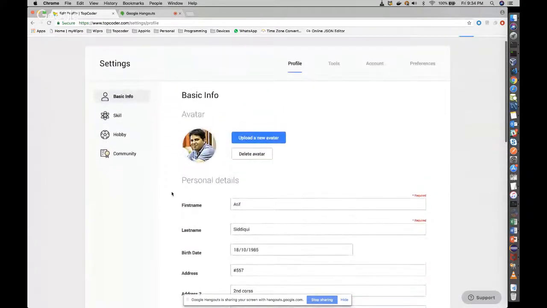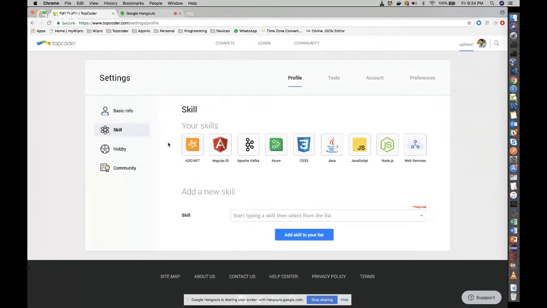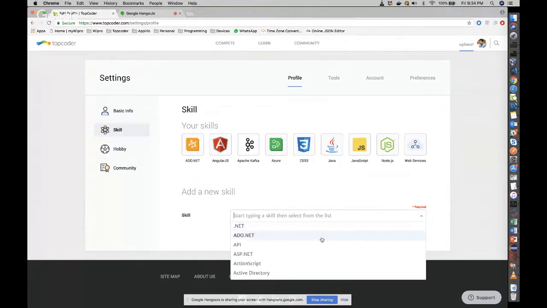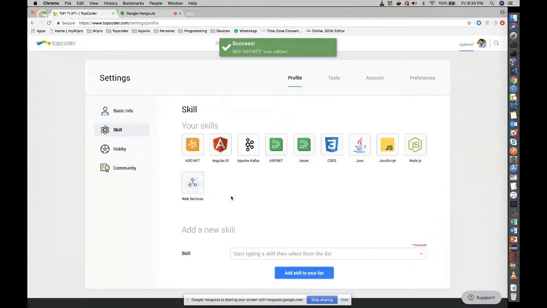So when we come to the features that we've added, earlier skills used to come in the same page. So just to categorize things, we brought in skills. It's kind of similar to what we had before, but we didn't have the ability to add skills later on. So you can select a skill, let's say ASP.NET, add it, and get that added into your profile. Like that, you can add various other tools and technologies, right? This will help us understand better,